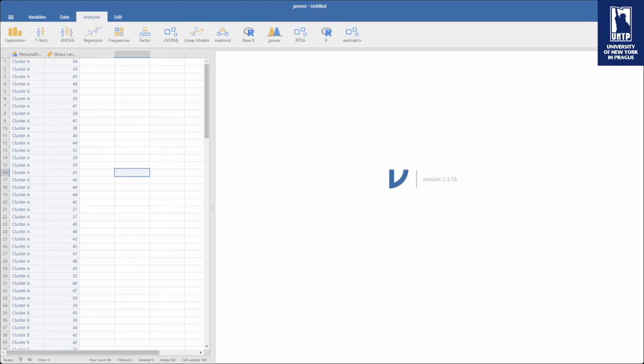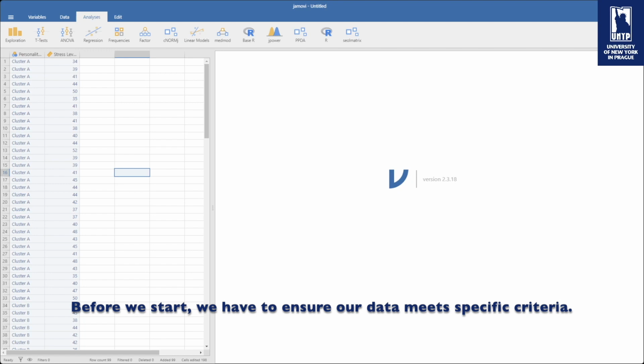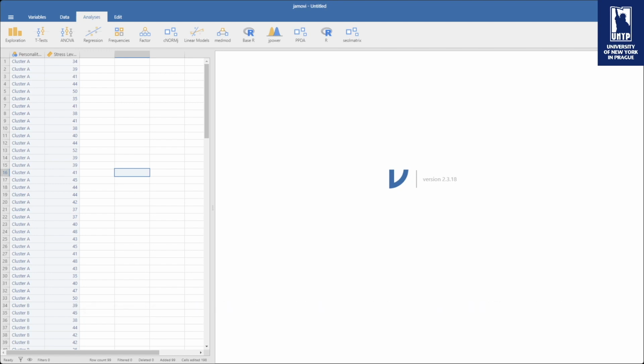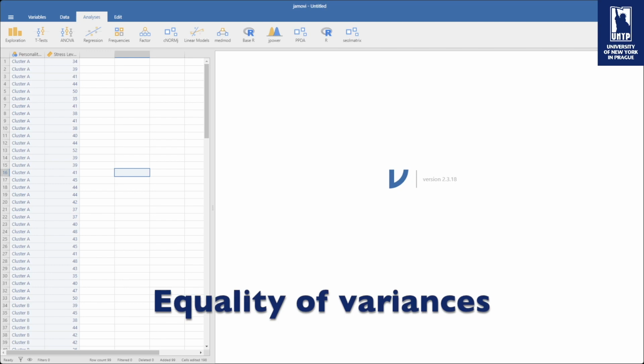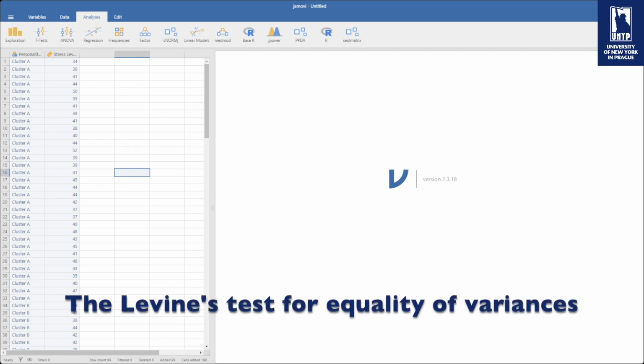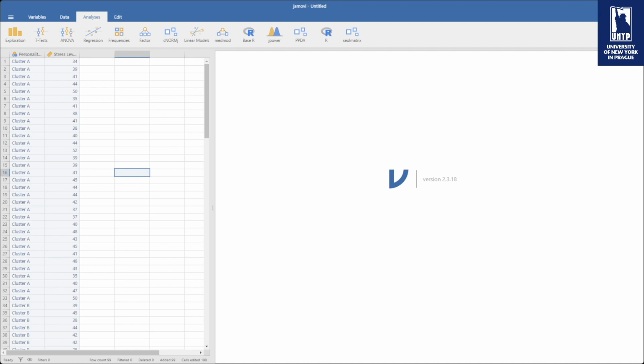As always, before we dive into the actual analysis, so before we dive into one-way between subjects ANOVA, we need to ensure that our data meets specific criteria. The 2 main assumptions are normality, which I am sure you know very well at this point, and homoscedasticity, or what you also know, the equality of variances, or the Levene's test for equality of variances. Both of these tests were done in the video on t-tests, so please go to see them in case you